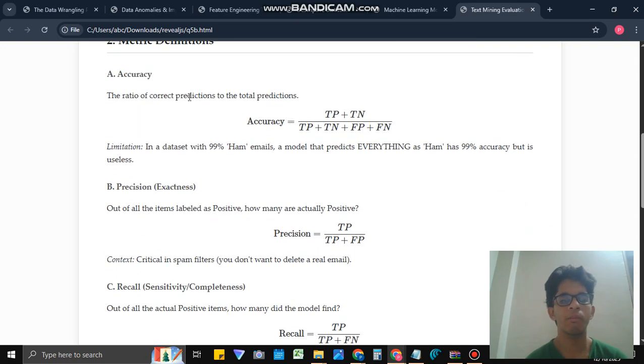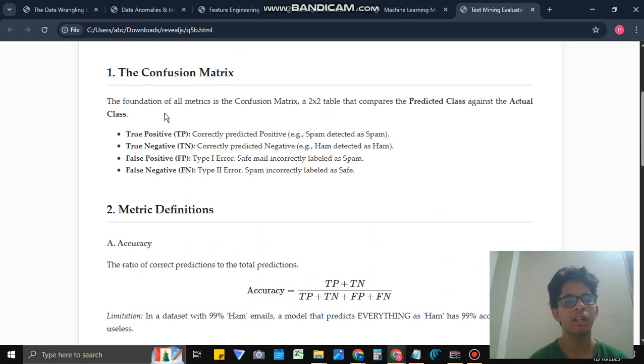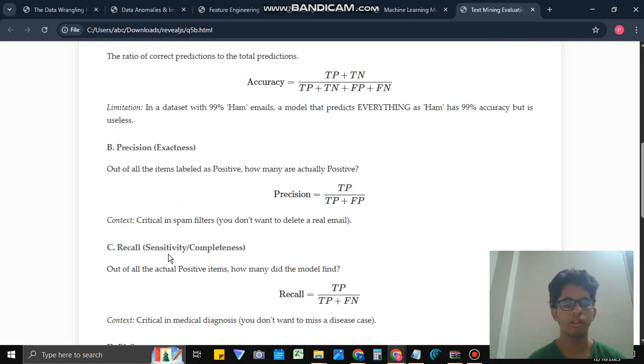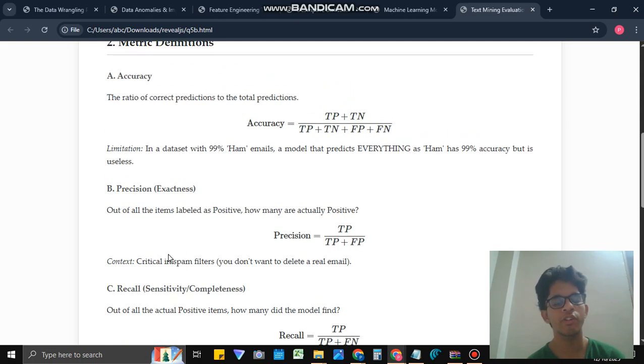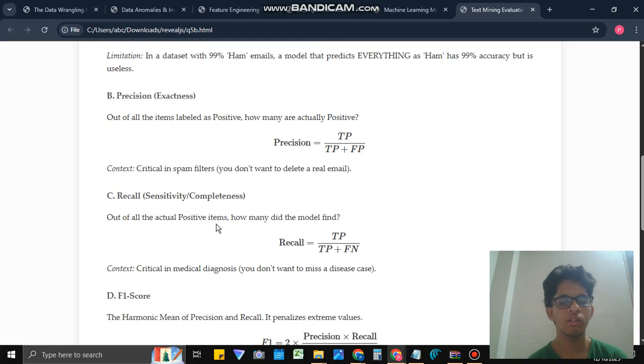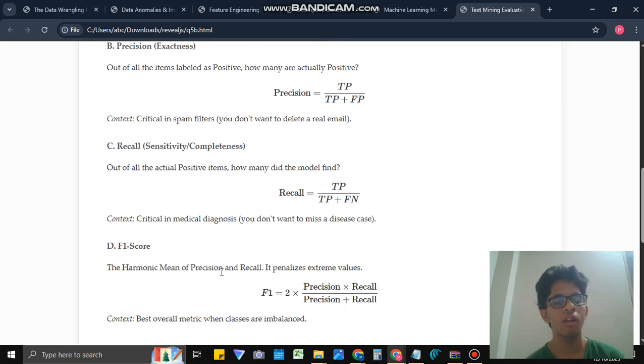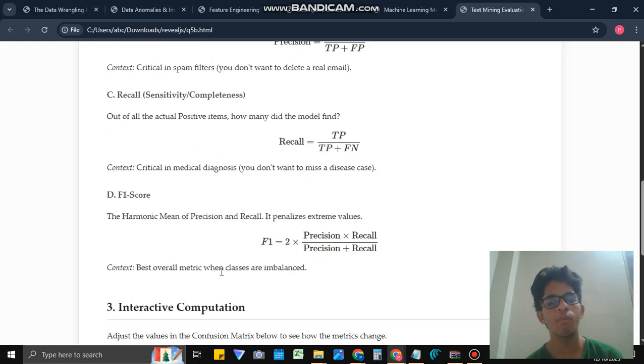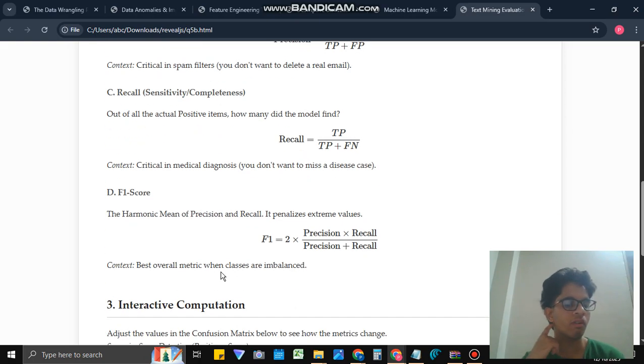The metric definitions: for accuracy we have true positive plus true negative divided by the summation of all the values from the confusion matrix. Then we have precision, which is exactness. It tells us, out of all items labeled positive, how many are actually positive. So this is the formula for that. In recall, we check, out of all the actual positive items, how many did the model find. In F1 score, we get the harmonic mean of